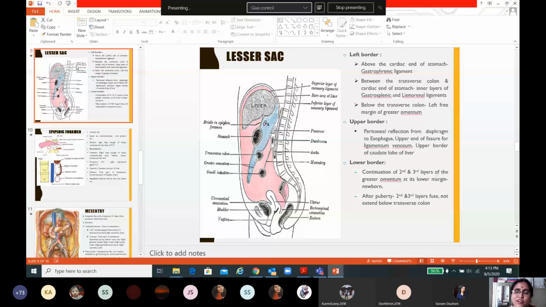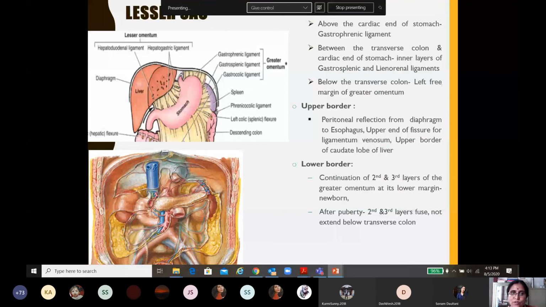You imagine in your body, below diaphragm on the left side, there is a stomach, and more towards the left side, adjacent to the stomach, which viscera, it is a hemopoietic organ. Gastrosplenic and duodenal ligament. Yes. Now below the transverse colon, left border of the lesser sac is formed by, very easy, a big peritoneal fold suspending whose left margin forms the left border. What is the name of the peritoneal fold? Left free margin of the greater omentum.